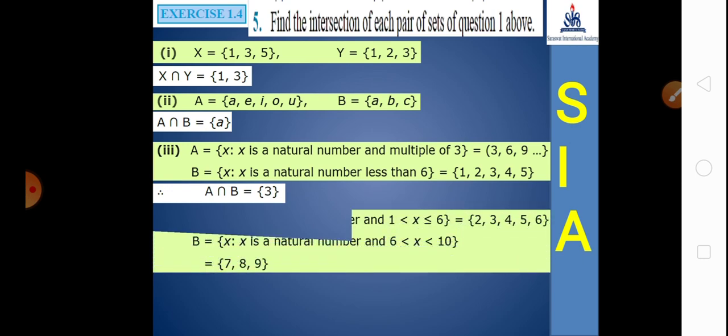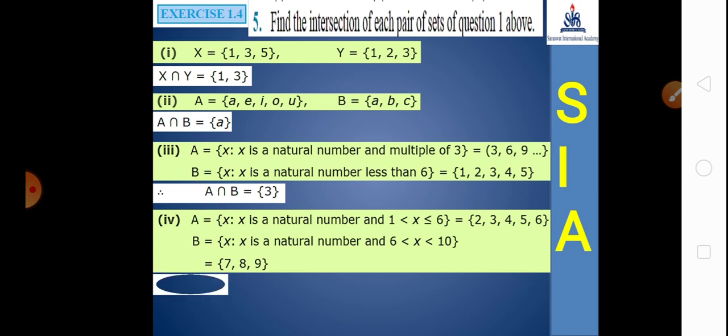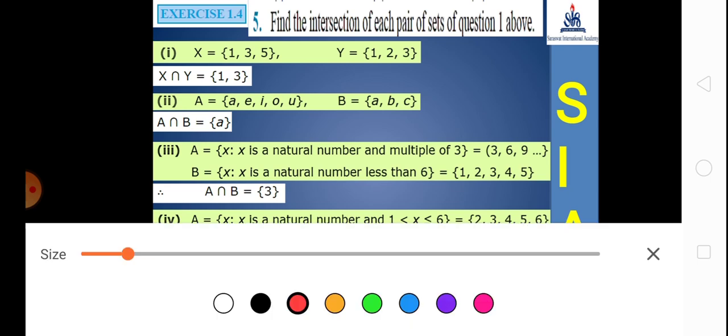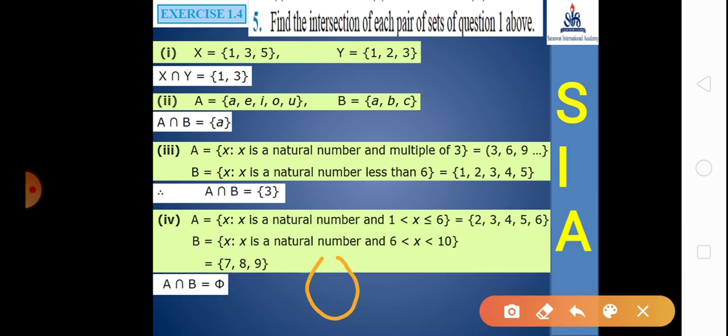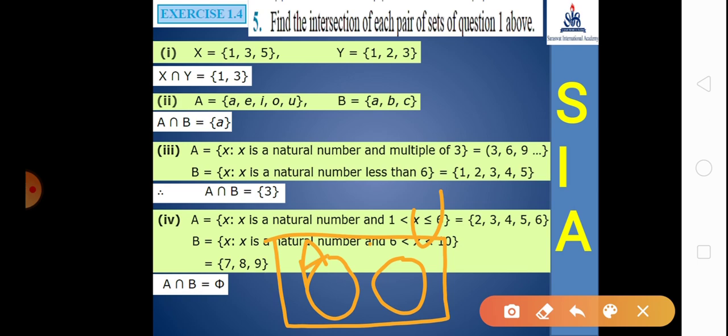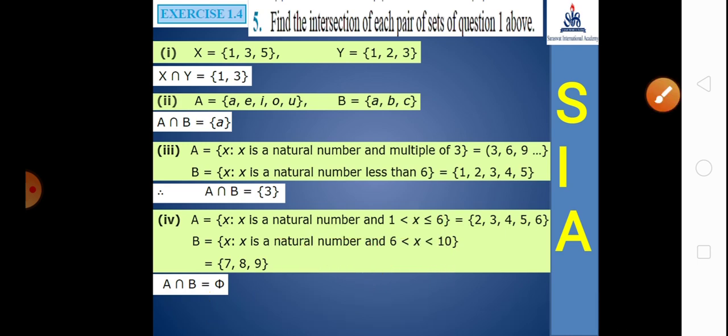And fourth one, already repeated questions. That's why going directly: set A is 1 to 6, number 1 not counted. Set B is 7, 8, 9. What is common? Common is nothing. Nothing means your answer is the null set. And this is called a disjoint set. That type of drawing may be in a Venn diagram. Let me explain the Venn diagram here, students. Here set A, here set B, and that is your universal set U. That type of figure shows nothing in the intersection between the two sets. So your answer is the null set. Whenever you draw two sets with no overlap, they have no common region. Okay. Next.